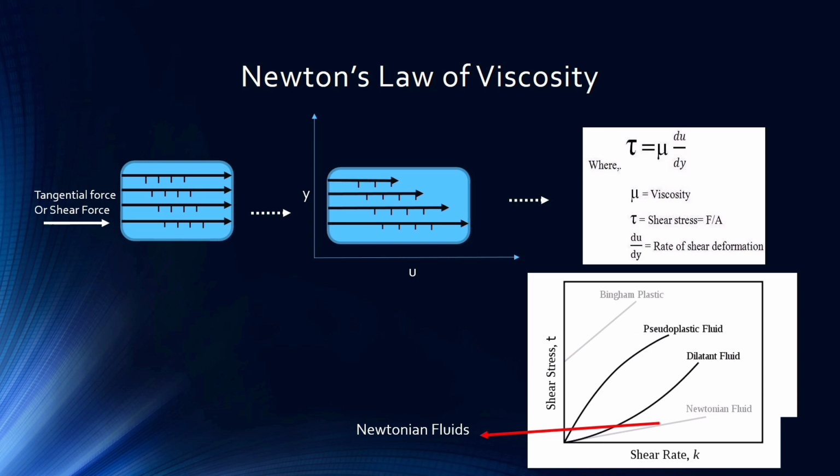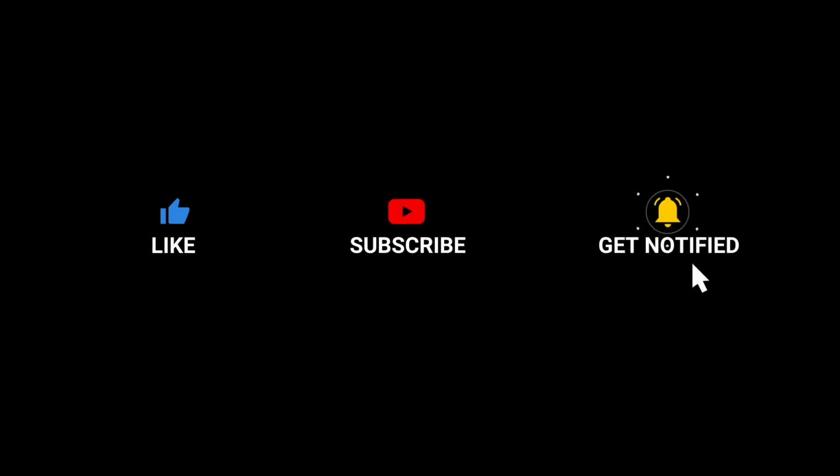For example, water. A fluid which does not obey this linear relationship is called non-Newtonian fluid, such as shown by the curves. In our daily life, fluids like honey, jelly are non-Newtonian